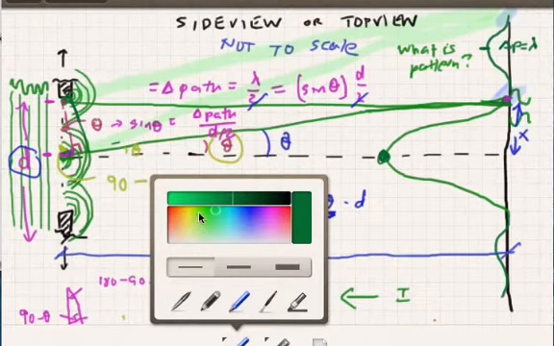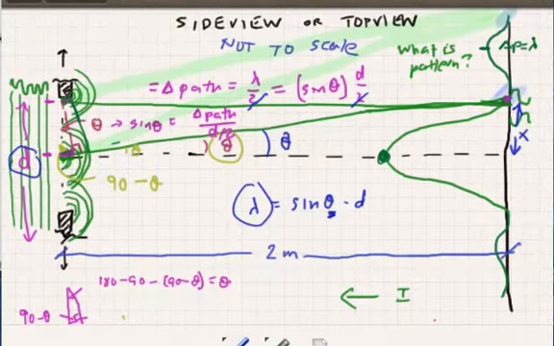That's a bad color. I'm going to use a reddish something. So here, the new one. The difference in path for these is somewhere in here. We use the same equation, and we come up with the difference in path must be equal to, well, this was lambda over 2. They're totally out of phase here. So it must be